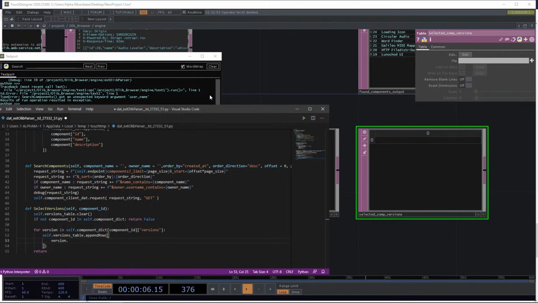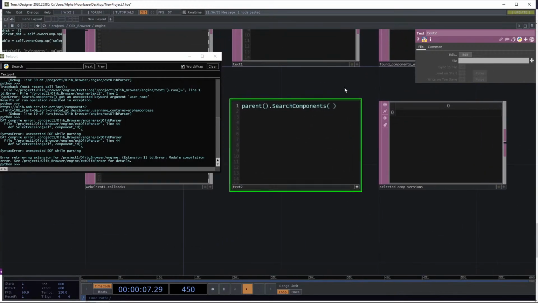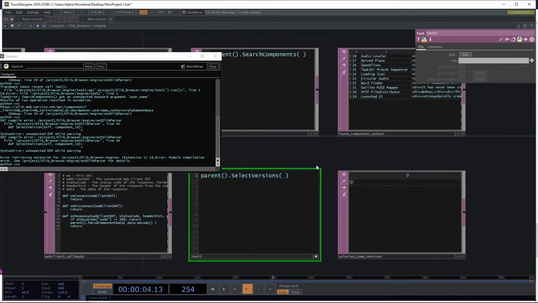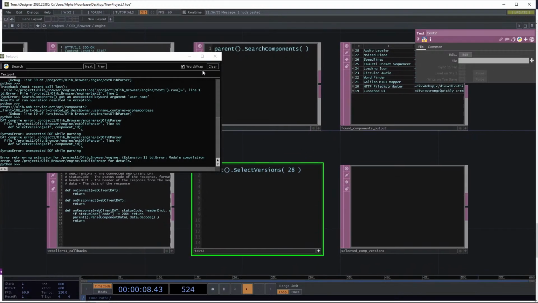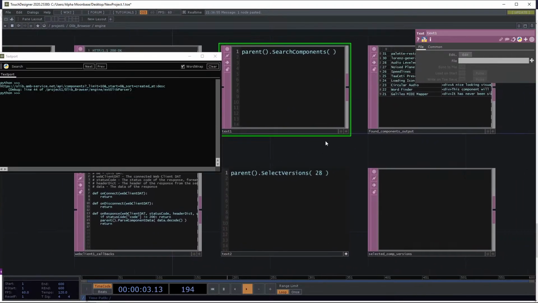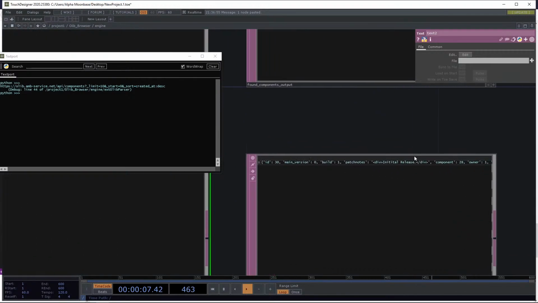Well, let me just, I think I'm just going to append the version for now, like the whole dictionary, just to get an idea if it actually is working. So we're going to say select versions, and as the component ID we're just going to put in 28 here. Now we of course have an error. I think now we first have to search for it, and then we have to, okay, so